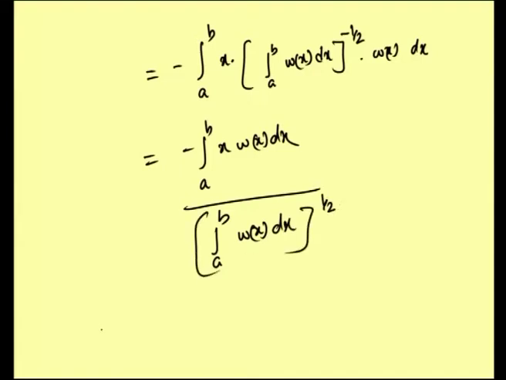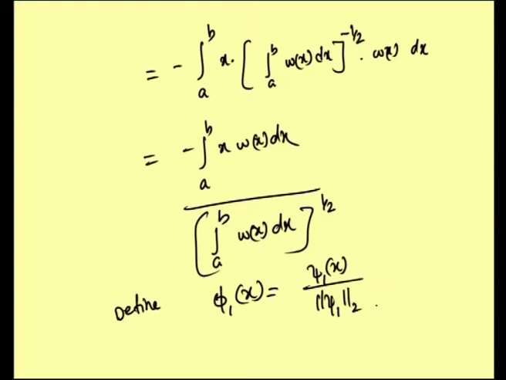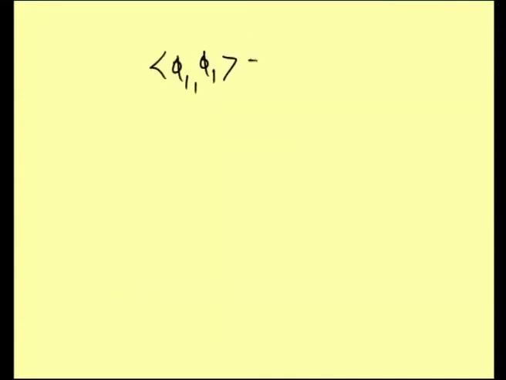Okay. And now define our phi 1 of x. Phi 1 of x is equal to psi 1 of x divided by the norm of psi 1, the second norm. Okay. And note that phi 1 comma phi 1 equals 1 and phi 1 comma phi naught is equal to 0. This is what we need, that is, phi n comma phi m when n is not equal to m is becoming 0 and phi n comma phi n is becoming 1. So, like that we will construct phi n of x.